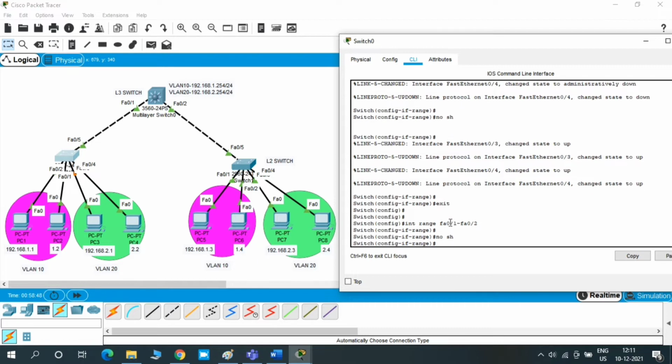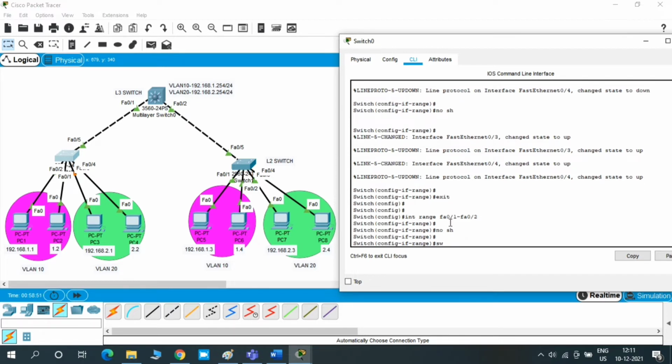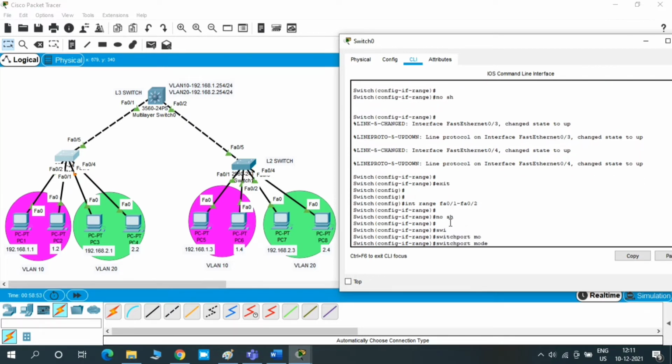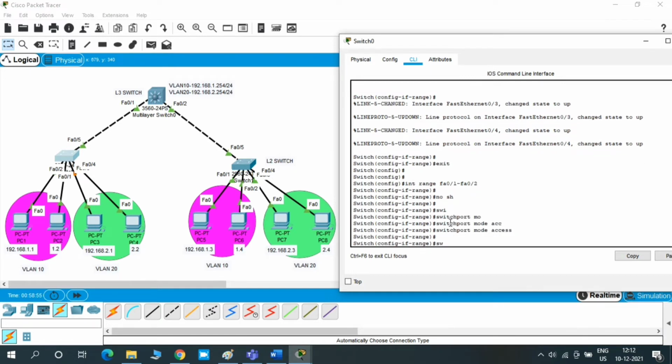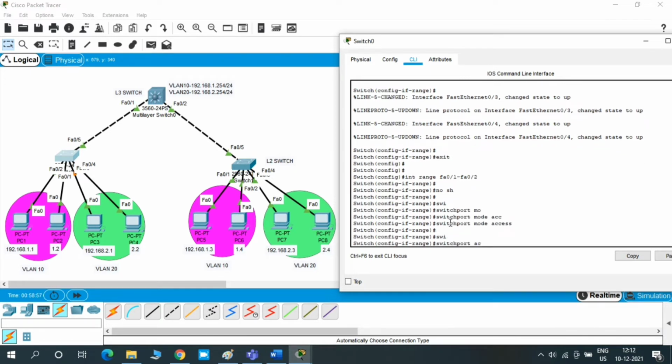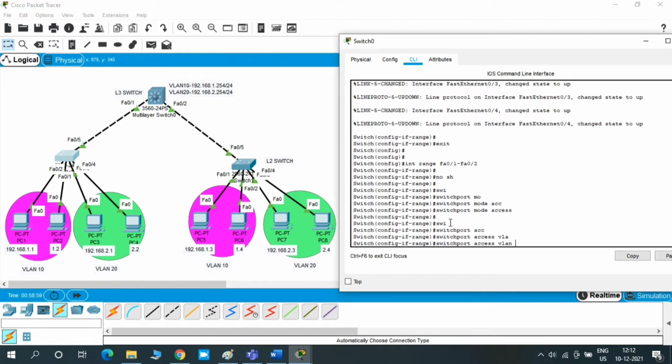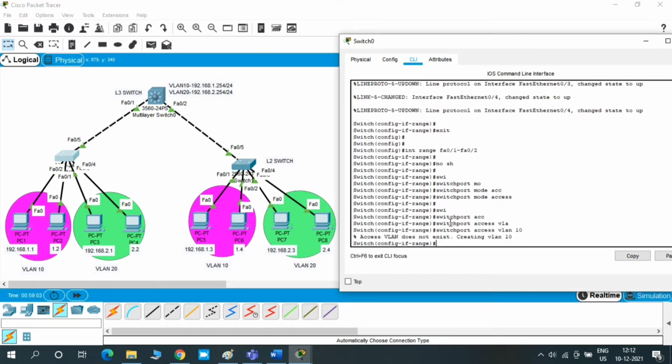Give no shut, then switchport mode access, then switchport access vlan 10. See, now we can see the access VLAN does not exist. So create VLAN 10. Before allowing a VLAN on an interface, we should configure the L2 VLAN.